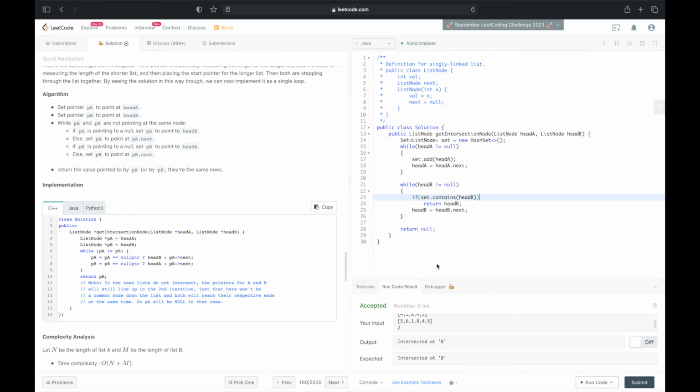Code for the second approach using a two pointer solution. Let me clear this out. So what I can do is take a pointer. My first pointer will be ListNode P1 equal to headA. Second pointer will be ListNode P2 equals headB. Then I can put it in a while loop: while P1 not equals P2, then